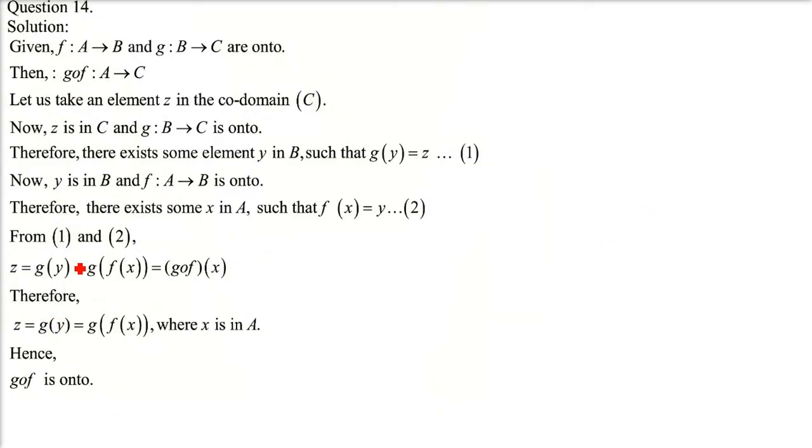Now coming to question number 14. If f and g are onto functions, so onto means what? They are surjective. Onto function, surjective. Show that g∘f is an onto function. So we have already talked about onto a lot. But because this question is totally based on onto, let me give you a brief idea about onto.